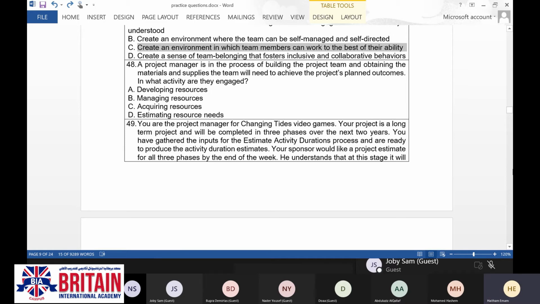But let's see what we mean by acquiring, developing, managing. Acquiring: you have estimated the required resources in the planning stage. Now it is time to obtain the required resources for your project.